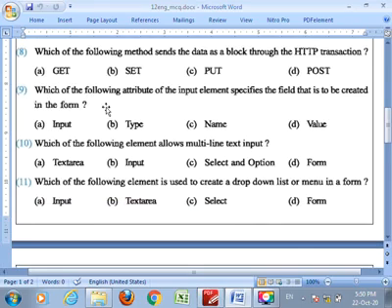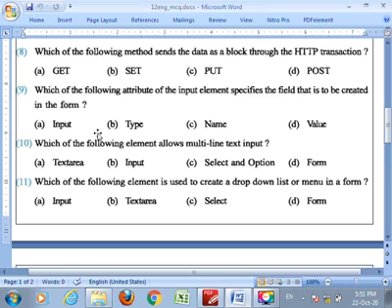Which of the following attributes of the input element specifies the field that is to be created in the form? Clear? Again I repeat this question.